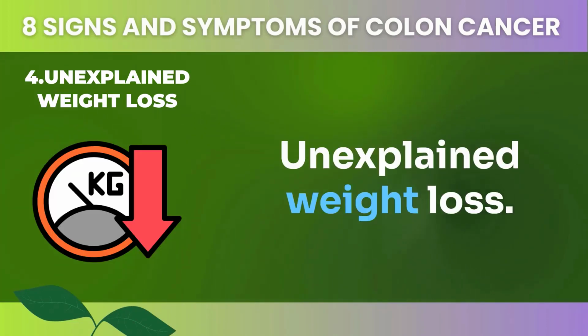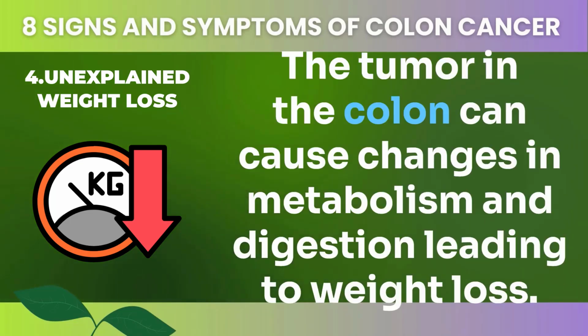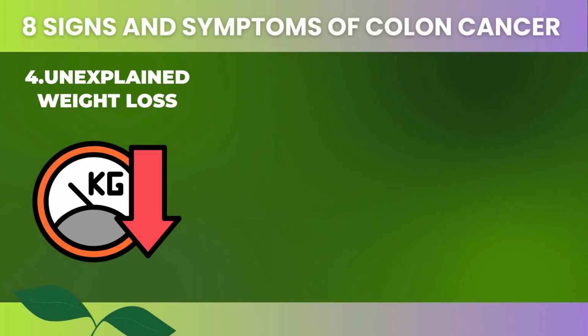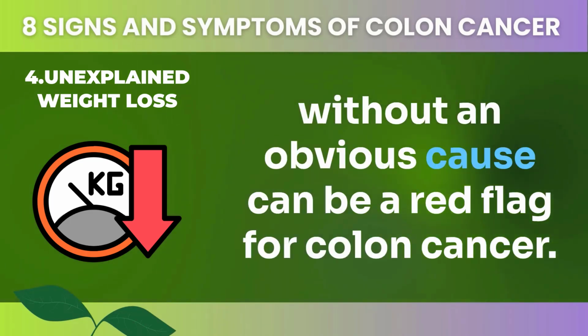4. Unexplained weight loss. Unexplained weight loss is another possible early sign of colon cancer. The tumor in the colon can cause changes in metabolism and digestion, leading to weight loss. Additionally, the cancer cells use up energy and nutrients, further contributing to weight loss. Research shows that weight loss of more than 5% of body weight without an obvious cause can be a red